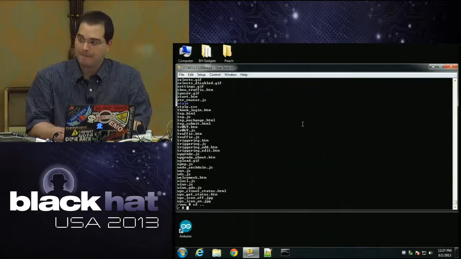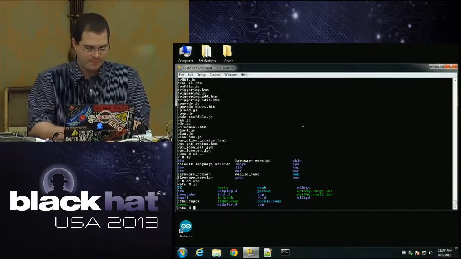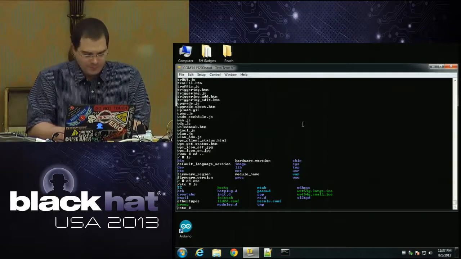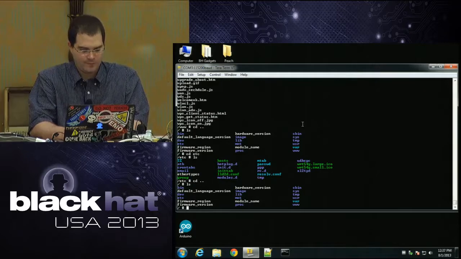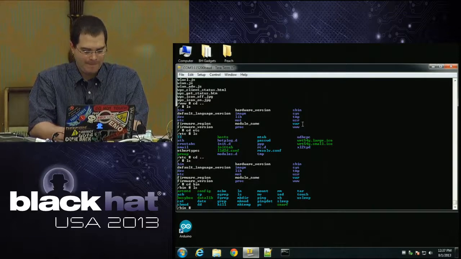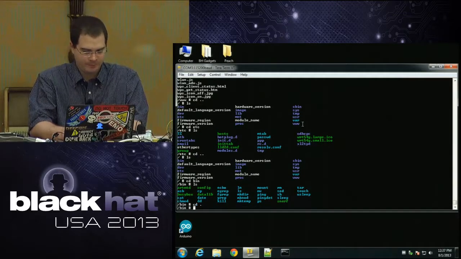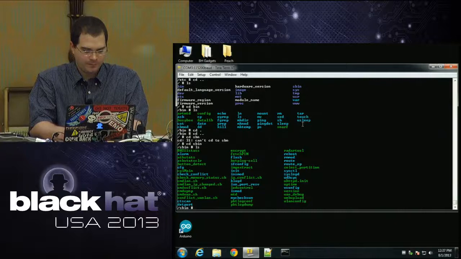But by being able to see everything in the web root, you can see all of the possible screens that you'd be interacting with through the official web interface that the device has. You can see which ones might be available, which ones are going to have more interesting data in them, which ones are going to have more interesting permissions. If you're looking for cross-site scripting vulnerabilities or SQL injection opportunities or command execution opportunities, this makes your tasks so much easier. You've got all of the source. You don't have to blindly scan or use any of your tools, you can just go and look at the source and see everything you might possibly want out of it. Everything that you know how to do against a live system that you're running on, you can now do instead of having to blindly poke at a device.